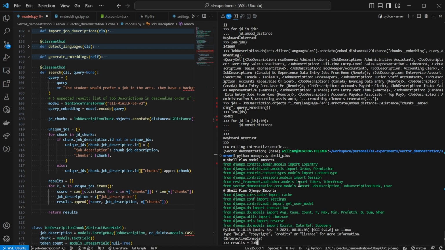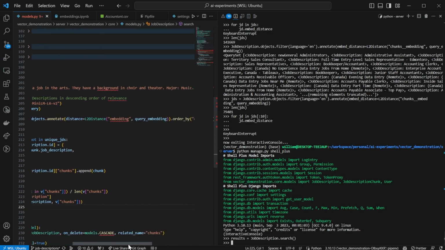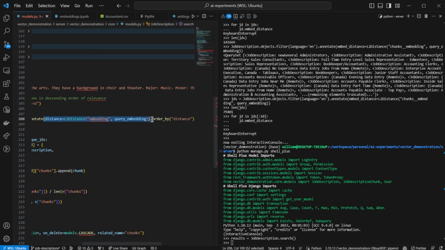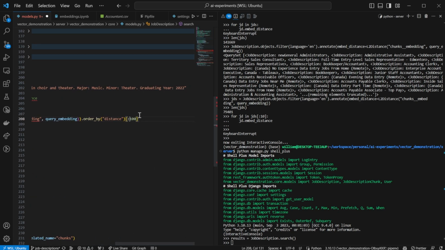So we'll do results equals job description dot search, and we'll just use our usual search query. This will take a while because it's computing this on all job descriptions. Again, we may want to pre-filter what we're querying against, or we may want to create an index to optimize the query or only get the nearest neighbors. It is possible to filter by nearest neighbors as part of this distance calculation. I didn't demonstrate that before, but if we simply add a slice on here, we could get the 100 nearest neighbors by distance, and that would be